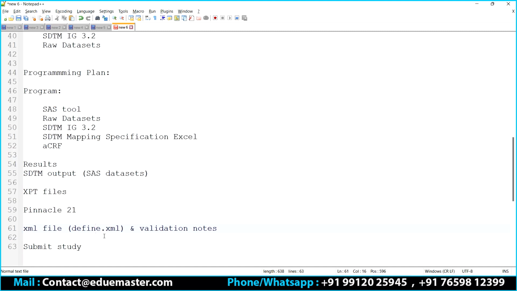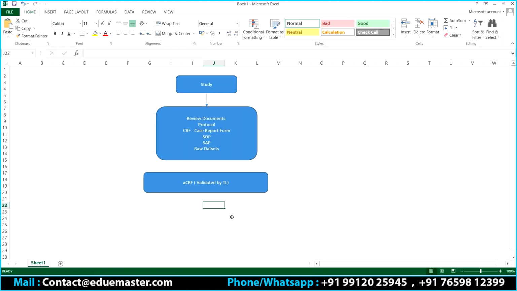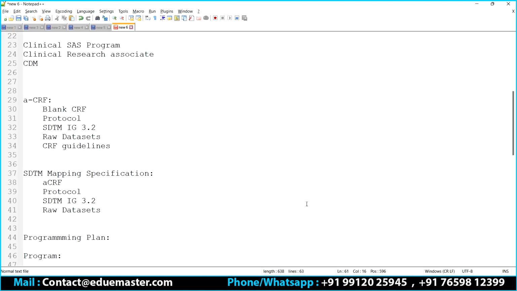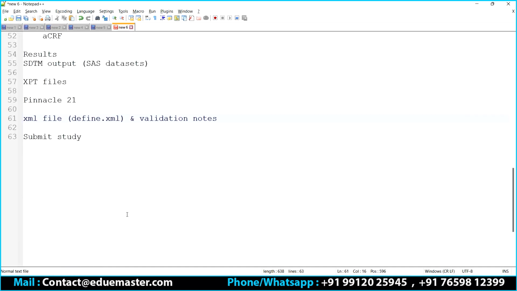Is that clear? What is called your SDTM and what is going to be your workflow? Whatever you can see on the screen, I'm going to put everything into Excel with a proper flow chart, and I can share it with you. Is that clear? On a very high level, on day 1 of your SDTM, are you able to understand the workflow? We are not going into that much detail here. Any questions from anyone? Can I have a quick confirmation on this?